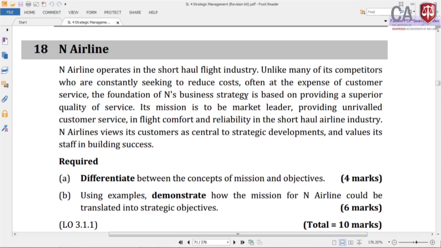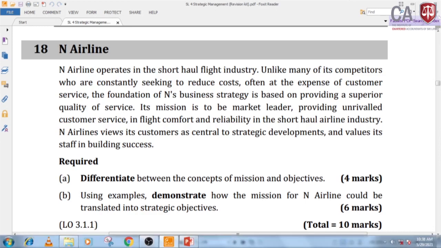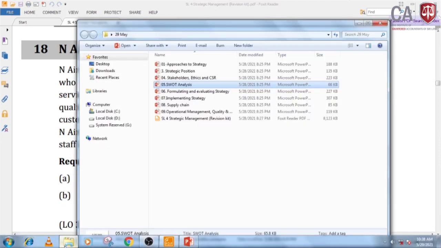Part B, using example, demonstrate how the mission for N airline could be translated into strategic objectives. How many marks? 10 marks. So first of all, you have to understand the difference between mission and the objectives. If you look at the theory aspect related with this,